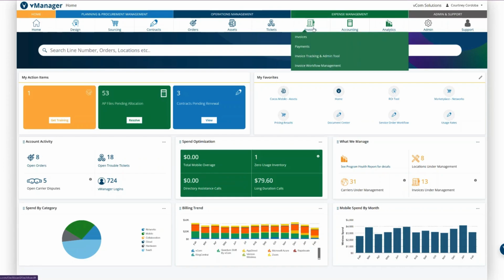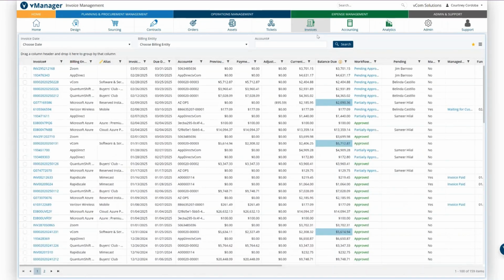So the first module here you see is invoices, and under that we have quite a few menus, but we're mainly going to focus here on invoices. Something to note too is when it comes to working with expense management with vCom, you don't have to start from procurement. Even before a customer has procured any services with vCom, they can start expense first by uploading their retail invoices. So their existing invoices that they are receiving from vendors today, they can go ahead and send us invoice copies, and with some permissions and signatures for permissions, we can go ahead and start pulling those on